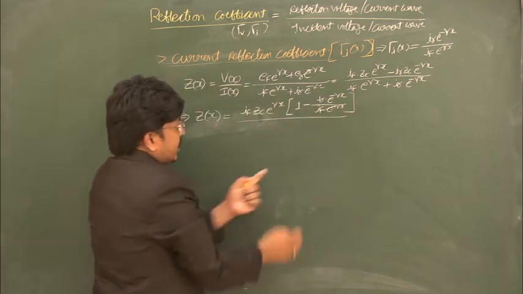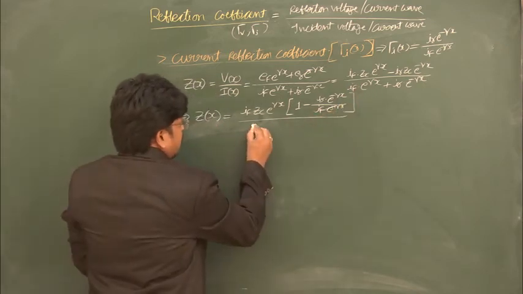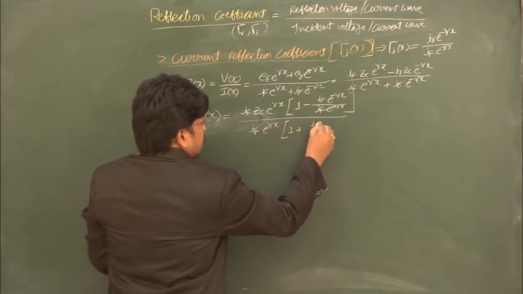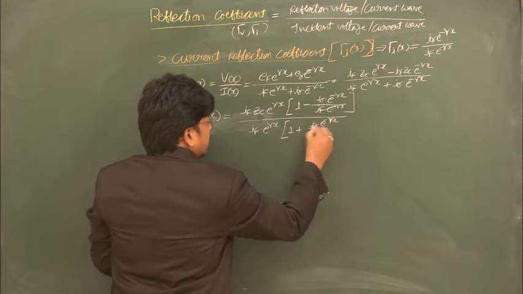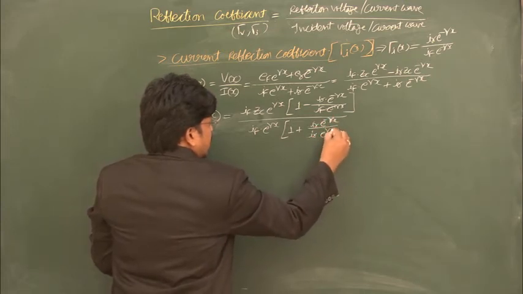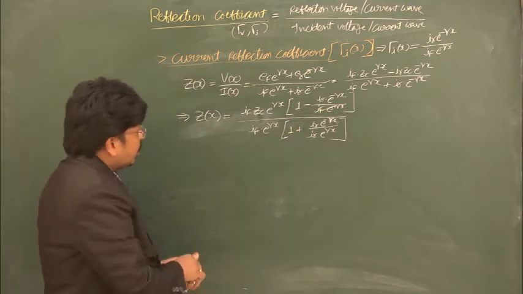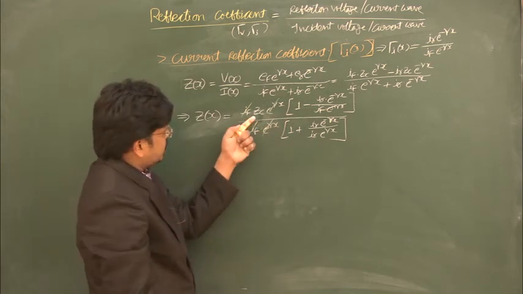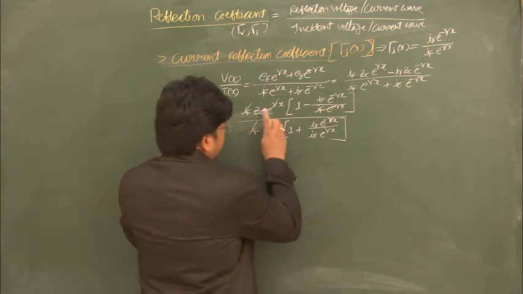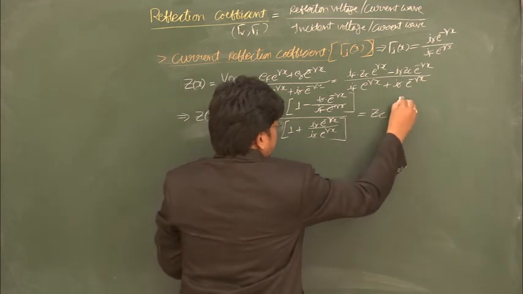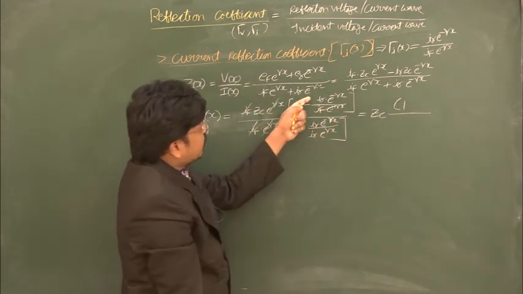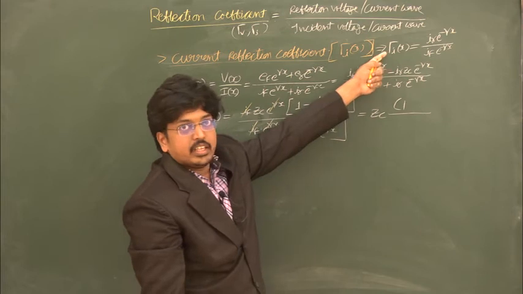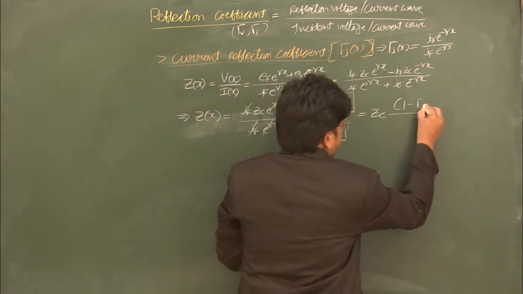In the denominator, I have taken IF e power gamma x as common factor. So IF into e power gamma x into 1 plus IR e power minus gamma x by IF e power gamma x. Now IF cancels and e power gamma x cancels, so the remaining term is Z equivalent to ZC into 1 minus... We are assuming that IR e power minus gamma x by IF e power gamma x is eta I, that is the current reflection quotient, so 1 minus eta I of x